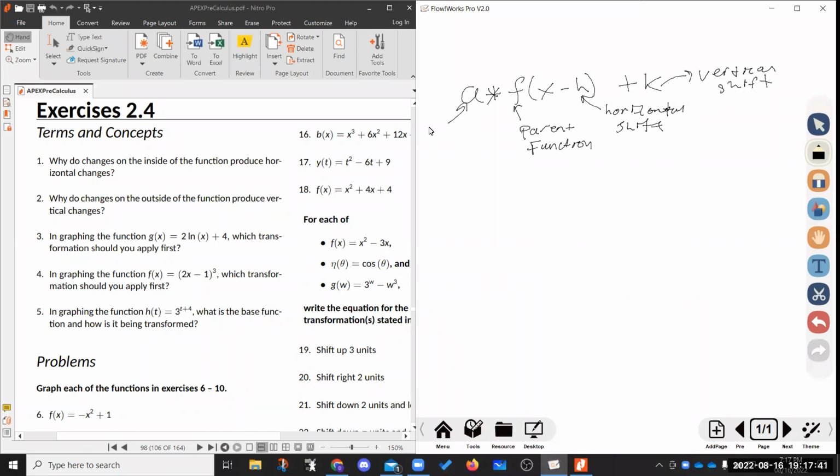And A is going to be the vertical stretch or compression factor. Also, A may also cause a reflection across the x-axis if it's negative. Now, there's a possibility here of sometimes there being a coefficient in front of x, like we